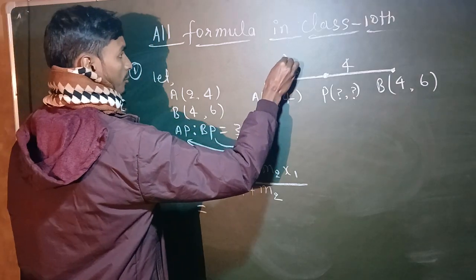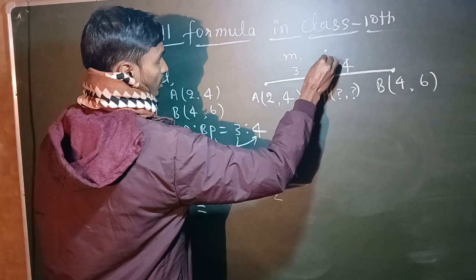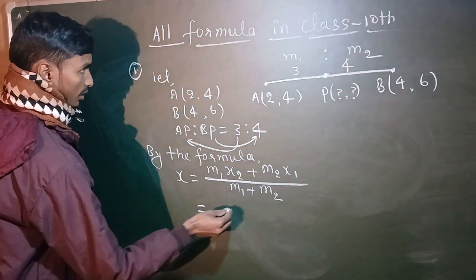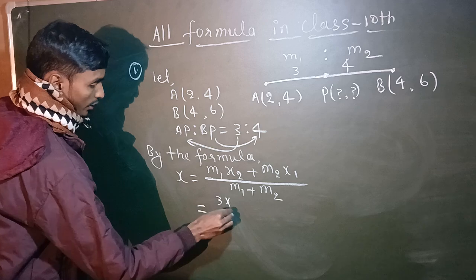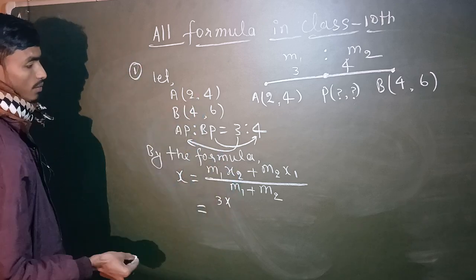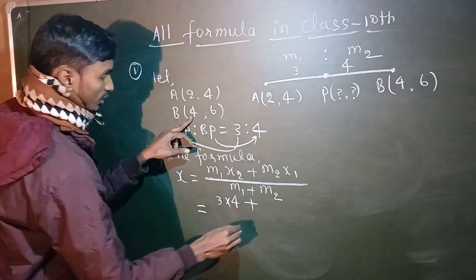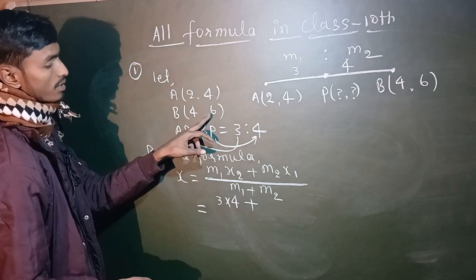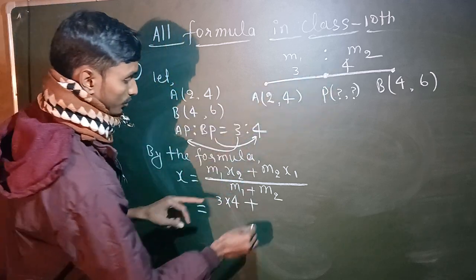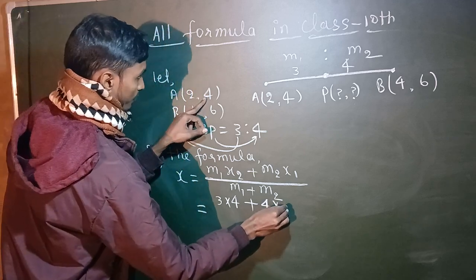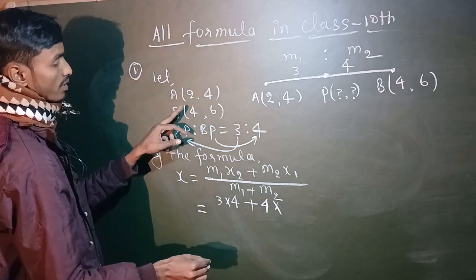This is called m1, this is called m2. m1 value is 3 and x2 value is 4 and m2 value is 4 and x1 value is 2